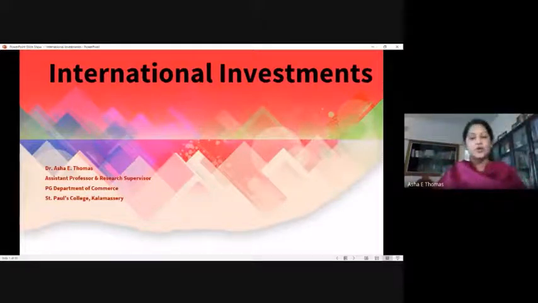So when we talk about international investment and make a comparison with domestic investment, why do we need international investment? The answer to that question would be, it is an additional opportunity for firms, companies or governments for getting financial support. When we look from the perspective of a business, it appears to be like that.